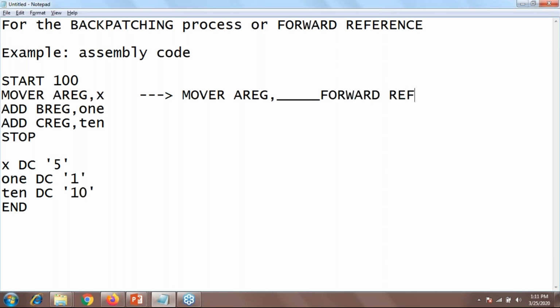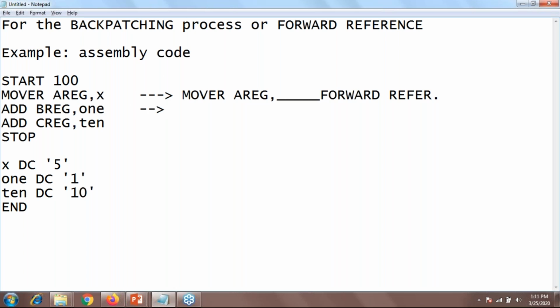Now what is a forward reference? Before assigning some value, I just use that variable in my instruction, right? So this is known as the forward reference: after completion of code, just wait for a while up to the stop statement, and then I'll give you the value of x variable, right?